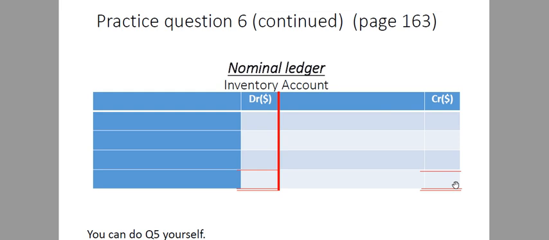One more thing, the final thing, question 6 also wants you to do an inventory account in the nominal ledger. We'll discuss more of it in detail, but for now we'll just complete it as balance brought down. So the opening inventory will be the balance brought down on 1st of Jan, 2018 Jan 1. So at the beginning of the year we had the opening inventory, so balance brought down, and in the bracket we can write opening inventory. So the opening inventory was 48,000,